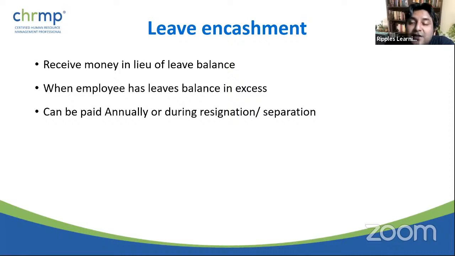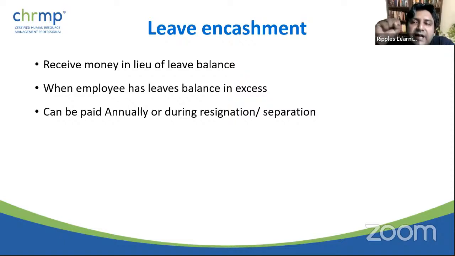So by the law of the country, they say that every 20 working days, you should have one earned leave given to the employee, right? So if a person is, let's say, working 240 days in a year, and this should leave weekly offs taken off and other things taken off, right? All other leaves taken off, right? All casual leave, sick leave, all that has been allotted to an employee, all that is taken off.